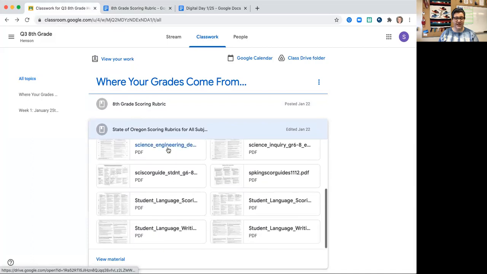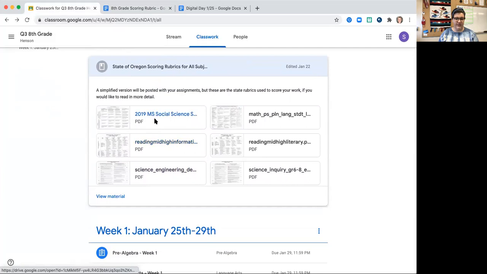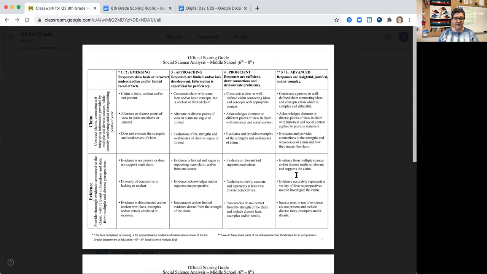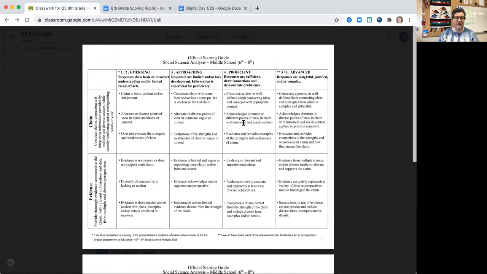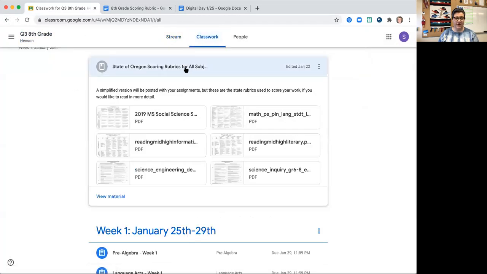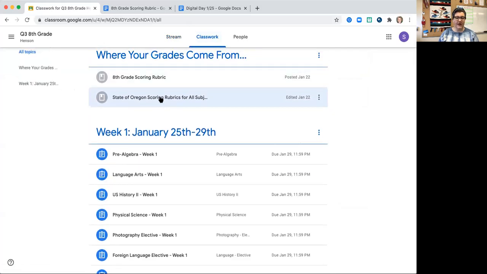They're much more detailed. And so if you go like for this social studies one, you can see very similarly how the 1 through 6 is laid out and what it means, what it looks like in social studies to score a 5 or 6, what it looks like to score a 4. So my goal in doing this, there's 2 parts of what I'm trying to do here, and one of the parts is to prepare you for your state assessments and how those look, but also provide an opportunity to assess you based on your proficiency.